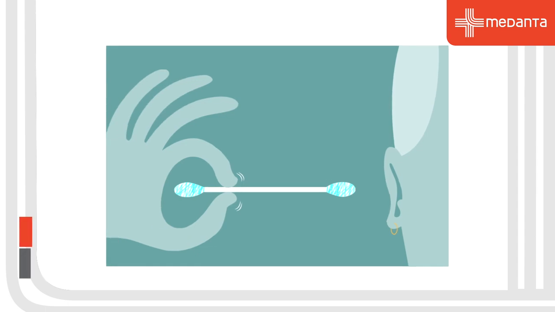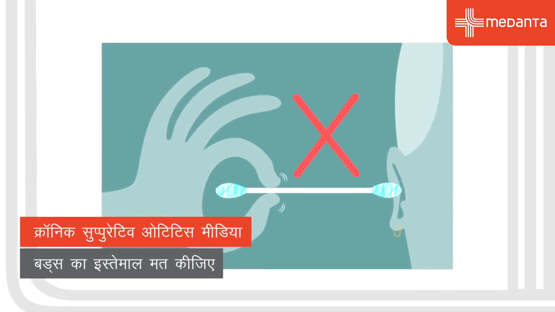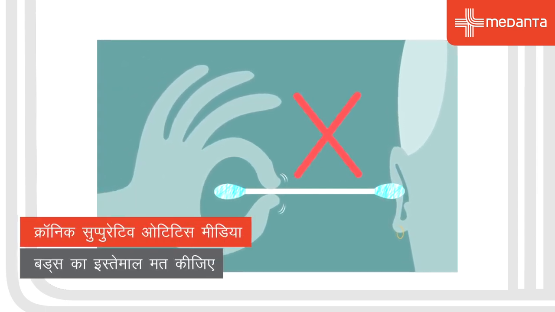The next important thing is not to use earbuds regularly. Don't scratch your ear again and again. If you have a problem, let the doctor see you and give medicines. If you use a bud, not only can it damage the outer part of the ear, but it can also damage the eardrum, and that again leads to CSOM. Other than this,